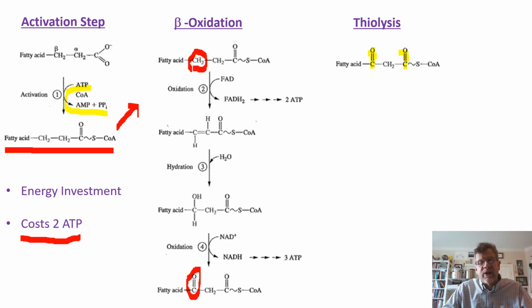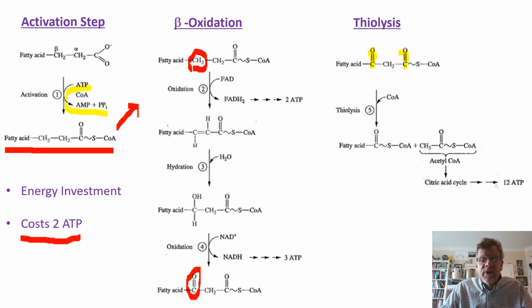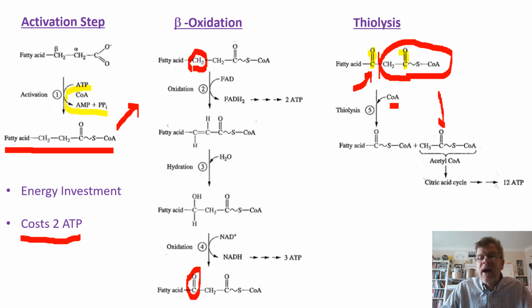Now, here's where the magic ultimately happens. We recruit coenzyme A, another coenzyme A will come in and cleave this bond right here. It will cleave it, and coenzyme A will form a thioester with this new carbonyl, which leaves this somewhat familiar structure here. Now, if you just add a hydrogen to it, that is acetyl-CoA. Remember, we're in the mitochondrion. And acetyl-CoA can then be immediately